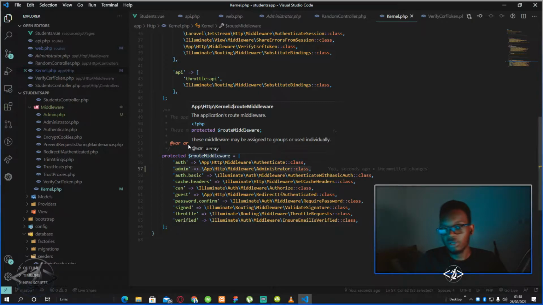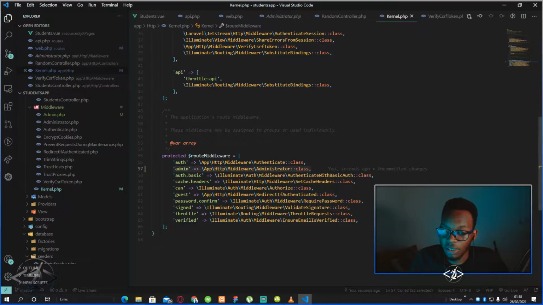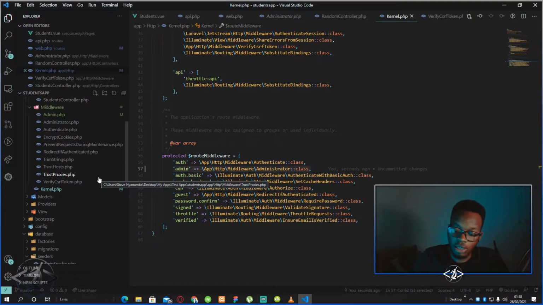So to answer your question, Steriadi, I'll do a short video based on this particular thing, because there's more advanced things you can do when making middleware, like you can use pivoting routes and link things up with the different classes and with the different models that you will be creating in the process.